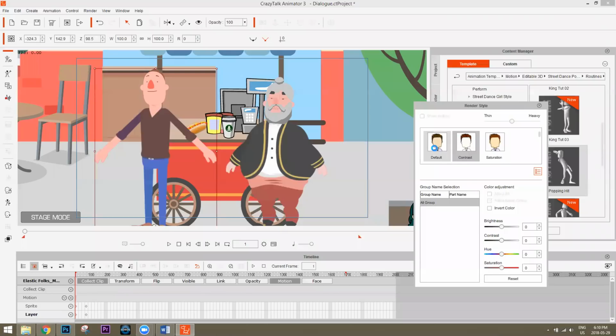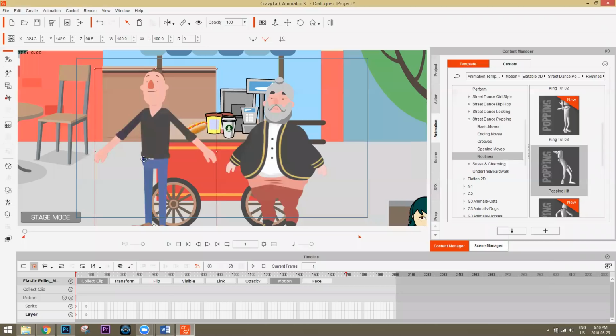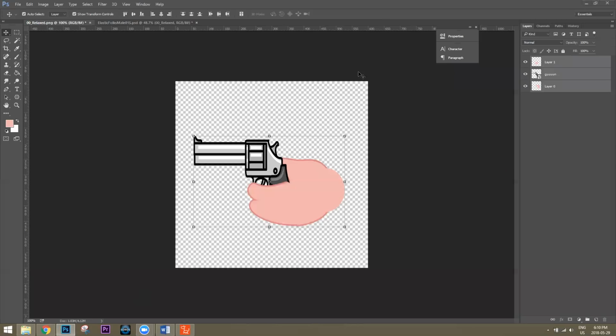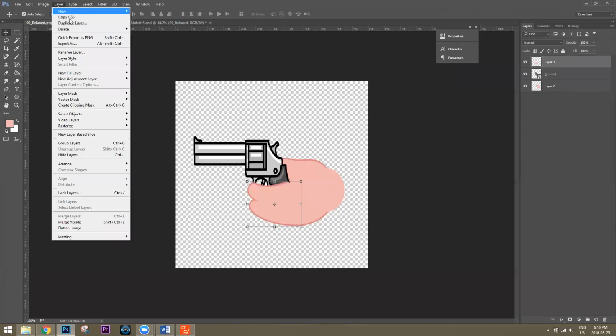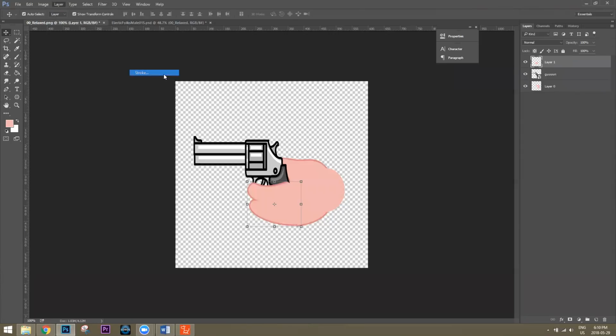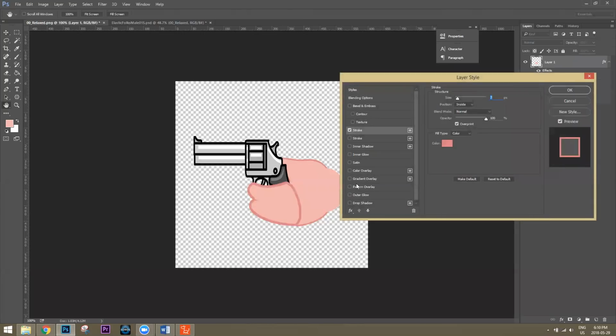One way to give your character black outlines is to launch it in Photoshop. If I select this part of my hand here, I can do layer style, stroke, something like that.